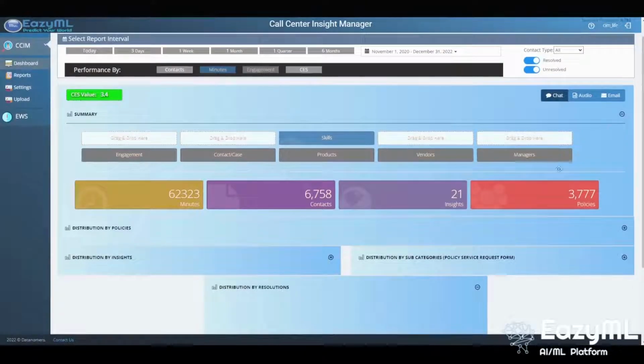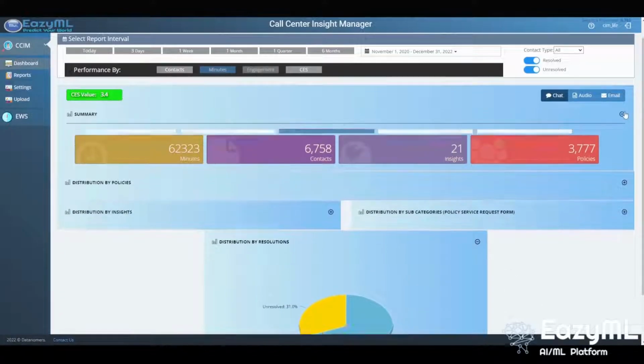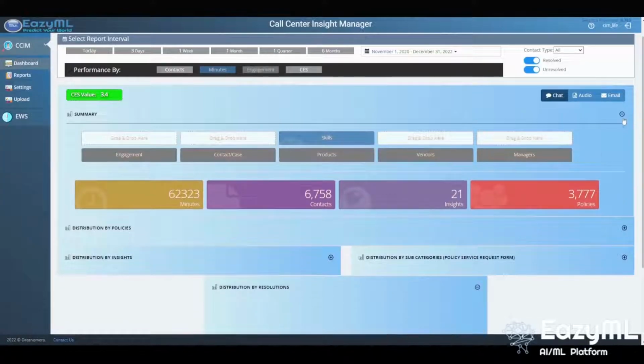In the middle of the screen, we can see some statistics such as the customers, sessions, minutes, and insights. There is also an option to add other statistics by clicking on this button, which reveals the other options. We can simply swap out the statistics displayed. Let's go to the most important part, the insights, which tell us the key issues or challenges that the customers